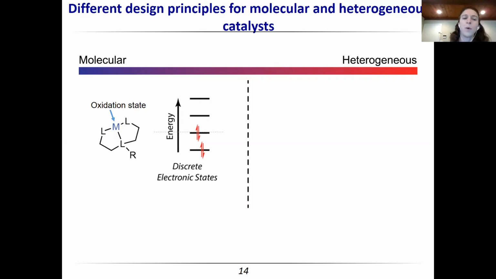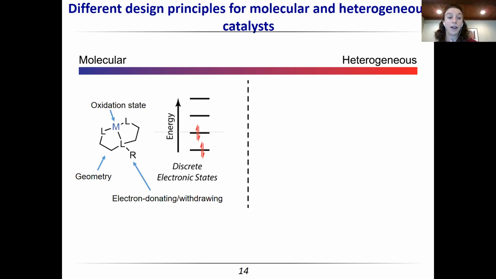So I can think about what oxidation state would be good for stabilizing an intermediate. I can think about the geometry of my ligand design. Do I want my compound to be tetrahedral or octahedral, or do I want a unique geometry that I can design from ligand design? Do I want to tune the energy levels of the molecular orbitals by incorporating electron donating and withdrawing groups? And this is actually a really common strategy when people find a molecule that's a good catalyst. They can tune the reduction potential of that compound and therefore the overpotential that you have to apply by incorporating electron donating or withdrawing groups just to move the energy levels of the valence orbitals.